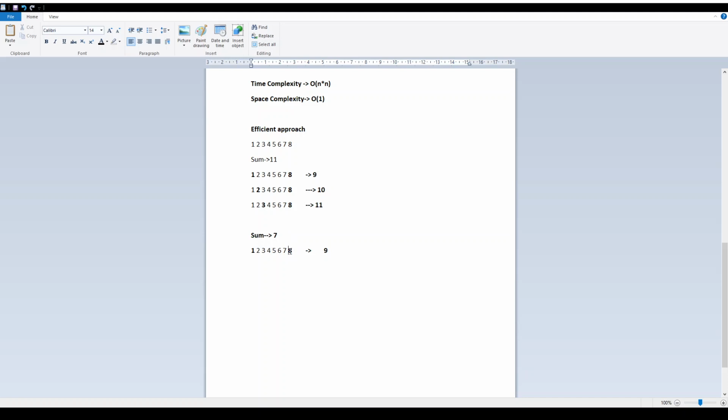We will not increase the low pointer, because then it would be 8 plus 3, which is 11. We'll be decreasing the high one, so we keep the low pointer constant.